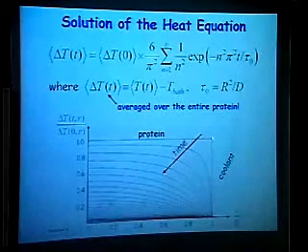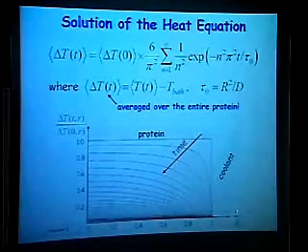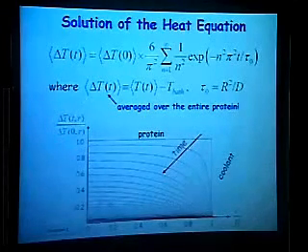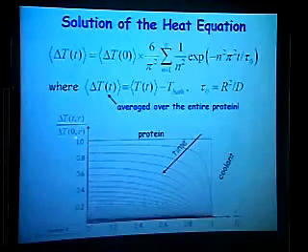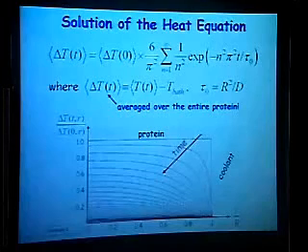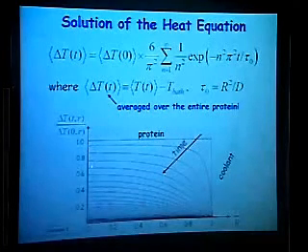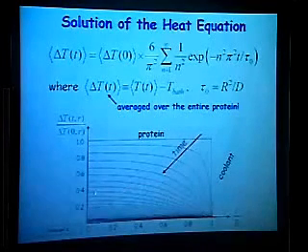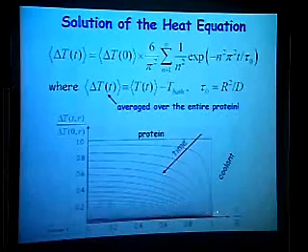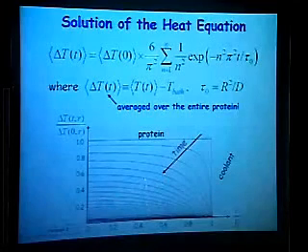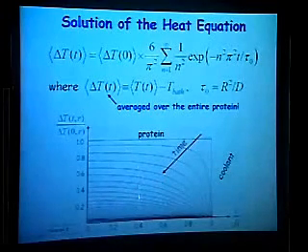Inside the protein, the same temperature everywhere, and then you have a sudden drop to the heat bath temperature. What is plotted here is, again, the temperature difference. That's why it is normalized and goes from 1 to 0. After a certain time, you see that the temperature profiles start changing. Even in the center of a protein, the temperature decreases. Then, along the radius of a protein, you see a more or less smooth decrease, especially after the first few femtoseconds.